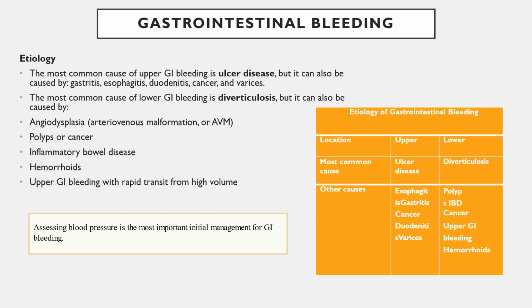In this slide, we discuss GI bleed. The most common etiology is ulcer disease, and we have to remember this clinical fact. But it can also be caused by gastritis, esophagitis, duodenitis, cancer, and varices. The most common cause for lower GI bleed is diverticulosis, and it can also be caused by angiodysplasia or AV malformation. Number 1, number 2, polyps or cancer. Number 3, inflammatory bowel disease. Number 4, hemorrhoids. Number 5, upper GI bleed